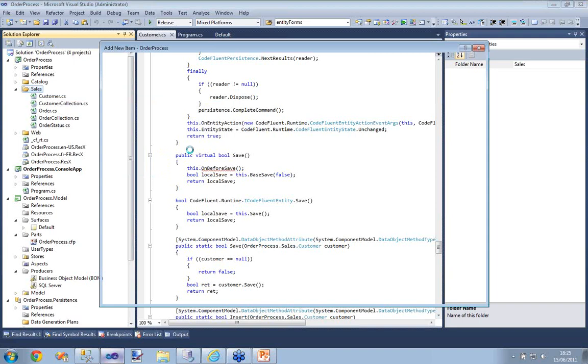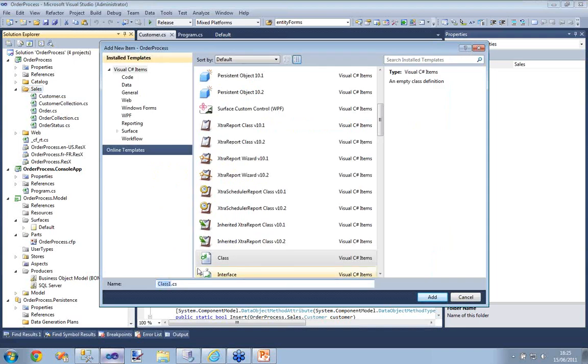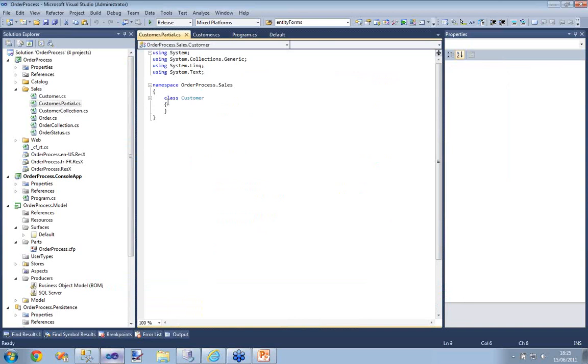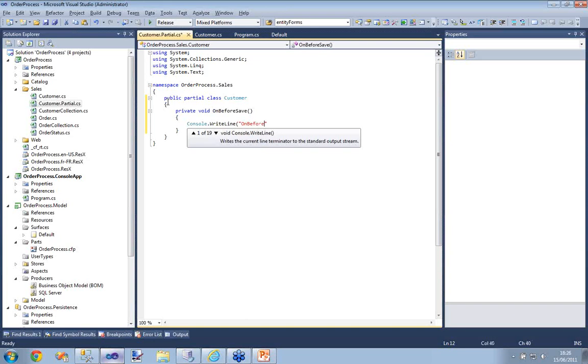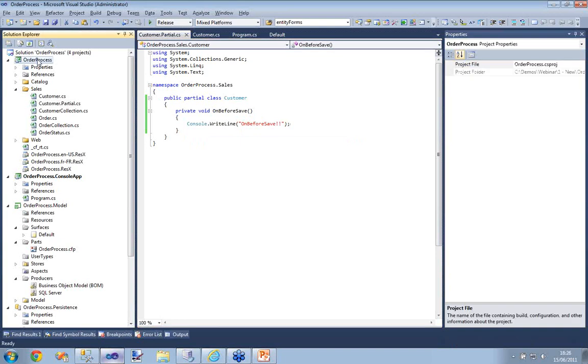And like I said previously in the presentation, all generated classes are partial classes, so I can actually add a partial class. We'll name it customer.partialClass, and public partial class here, and I'm going to add my onBeforeSave method in this partial class, so that it does not get overwritten on another generation. So here I'm only going to print onBeforeSave here, there. All right, and now if I build, it should